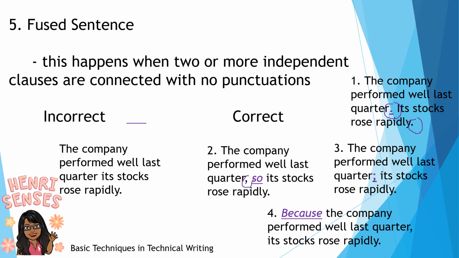Okay, next, let's erase this one first for you not to get confused. Okay, we have number 3. The company performed well last quarter. Punctuation, we use this punctuation here. Semicolon. A semicolon can be used to separate two independent clauses. So you can use it as well as a means of correcting fused sentences. Okay, we have another way. We can use